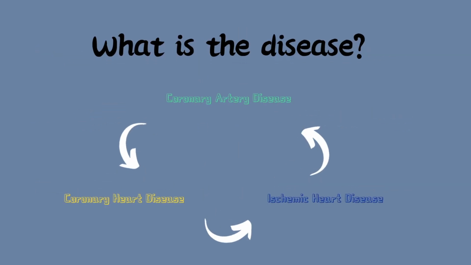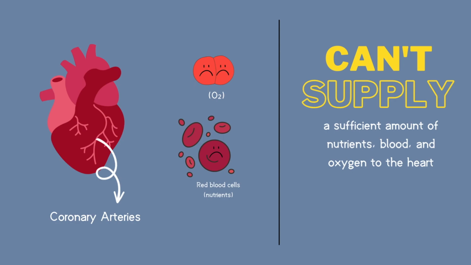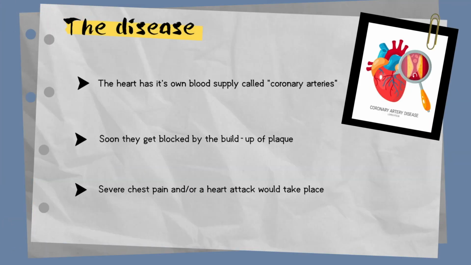Coronary artery disease is a type of heart disease. You've probably heard other names for it, such as coronary heart disease and ischemic heart disease. They're all the same. CAD is when the coronary arteries can't supply a sufficient amount of nutrients, blood, and oxygen to the heart. Knowing that our organs have their own blood supply, so does the heart itself, known as coronary